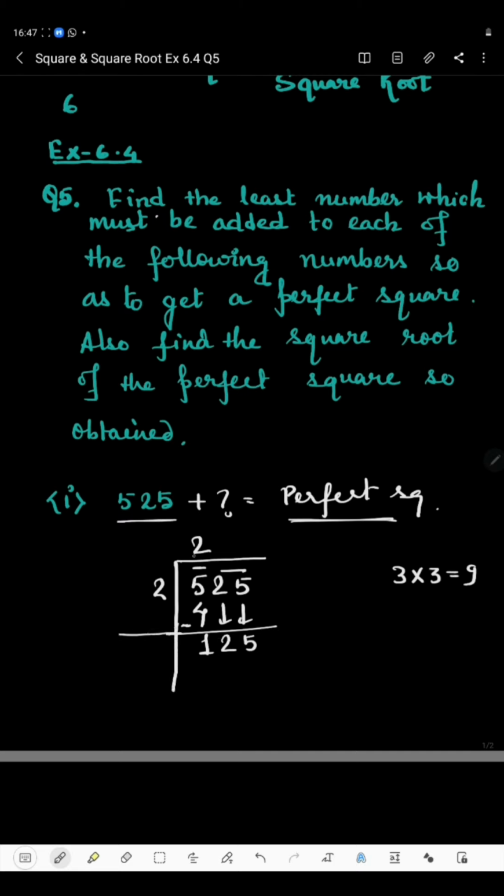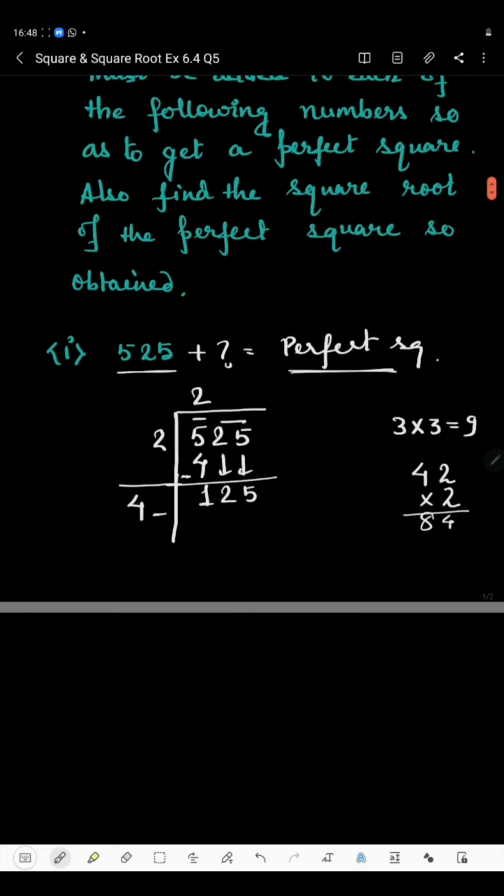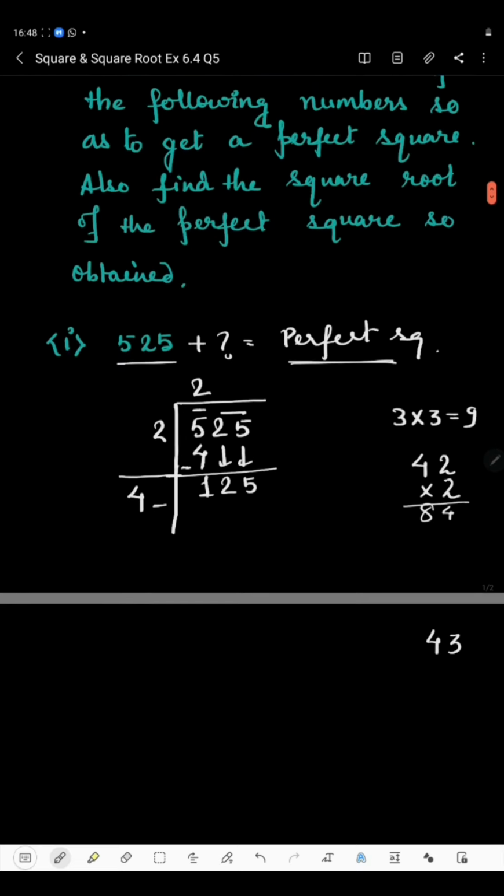Here it will be 2 plus 2, which is 4. Now what should we take here? Whatever you take beside 4, the same number will be multiplied. Like if here is 2, then here also will be 2. So 2 2s are 4, 4 2s are 8. Now if you take 3 here, then 3 should be multiplied. 3 3s are 9 and 3 4s are 12.